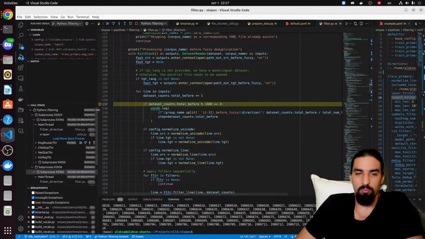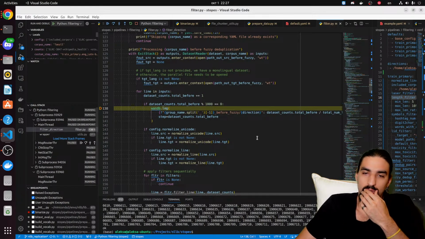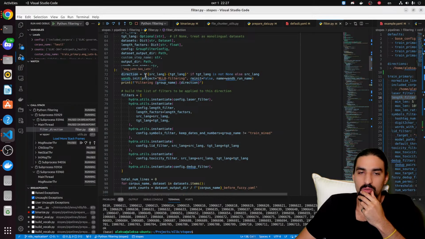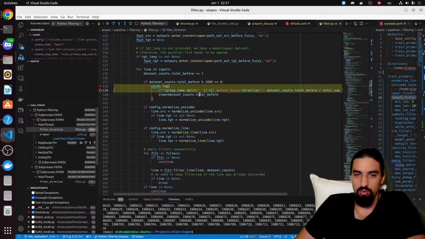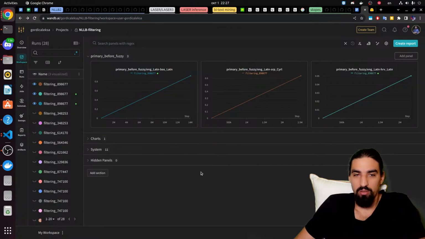Okay, let's just put a breakpoint here. What direction is this? Bosnian again. Total before 186. That's the step. And yet, looking at this one,